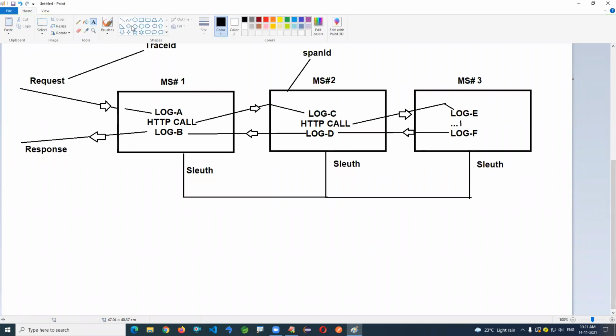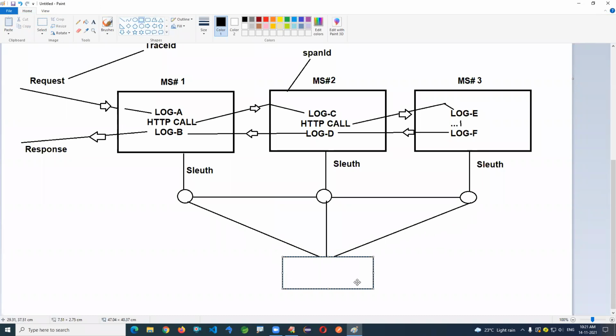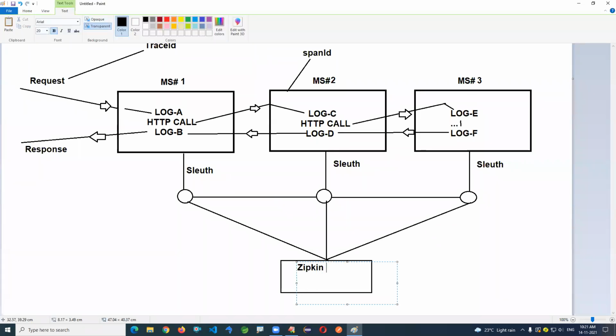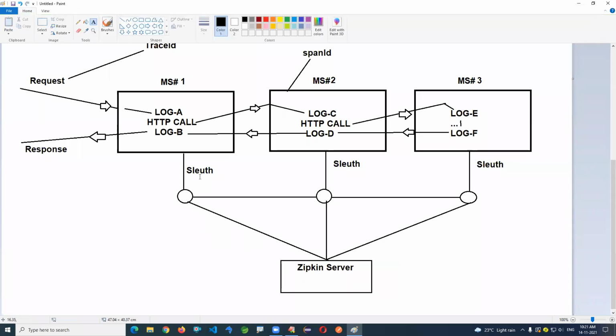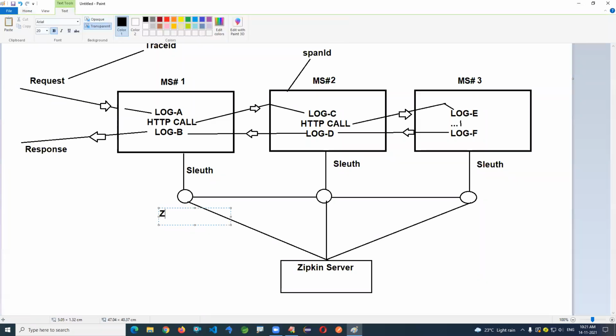Okay, once it is generated here, then finally, whatever data is generated needs to be copied. So there's data copying, a sampling will be taken and data will be shown in a UI visualization. We can visualize it at a central tool called the Zipkin server. Sleuth will just generate the trace IDs and span IDs and store the complete execution path details only.